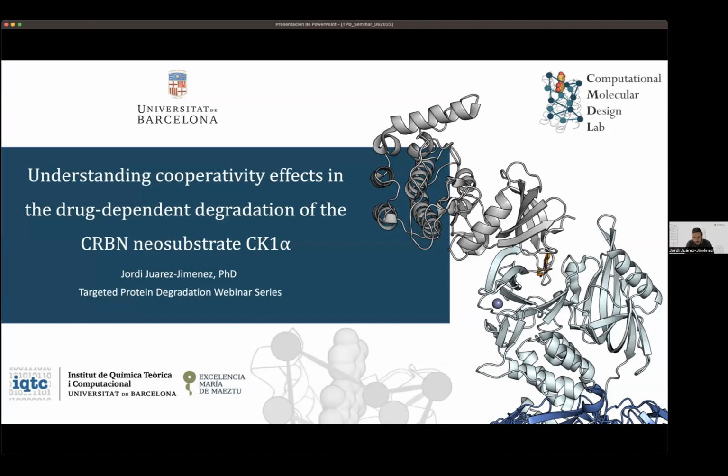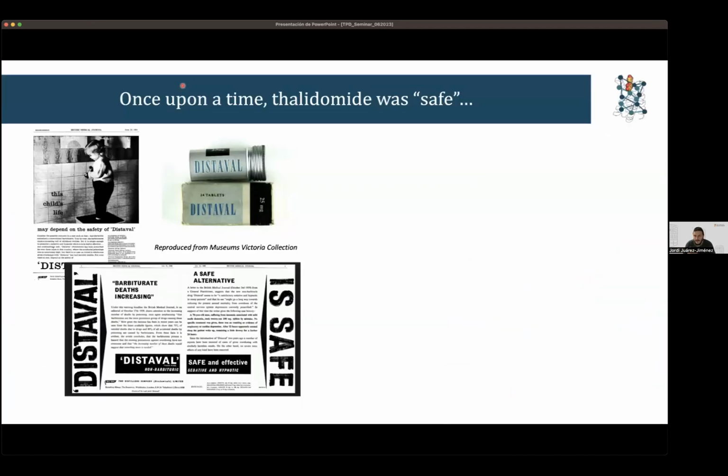But I would like to start with a little bit of personal story. I'm a trained pharmacist, and when I was doing the degree, the story of thalidomide was really shocking to me, like how that could happen at the time, even though the studies were conducted at the standards of the industry. It was very shocking, and it was also